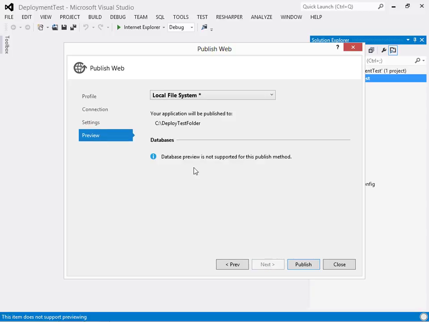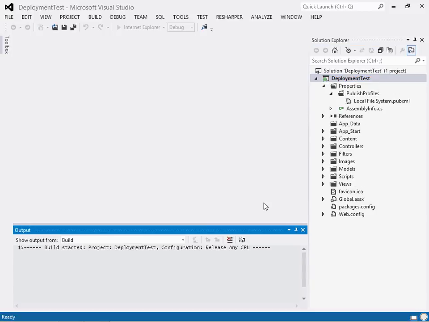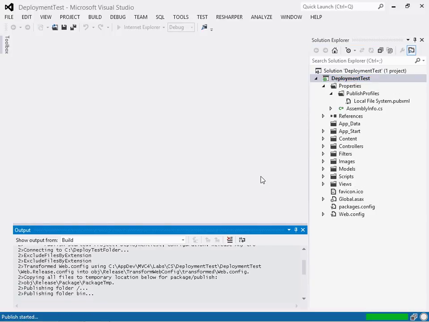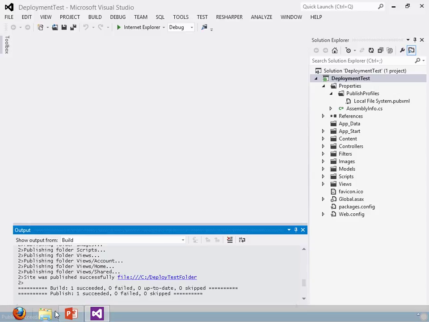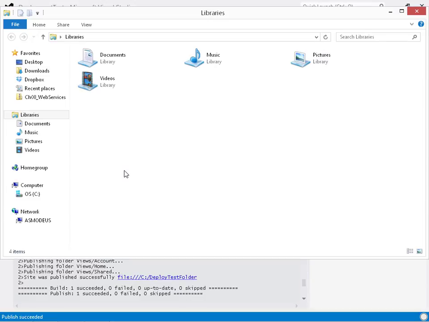You hit next, and notice database preview is not supported for this publish method, but it is for some. It tells me where it's going. I hit publish. It does a release build. You can see it publish, and it was successful. So that happened pretty fast. If I take a look in this folder,